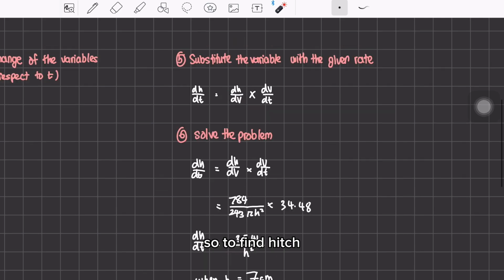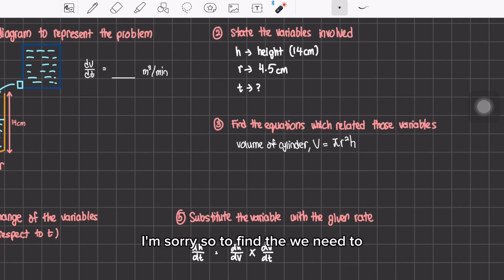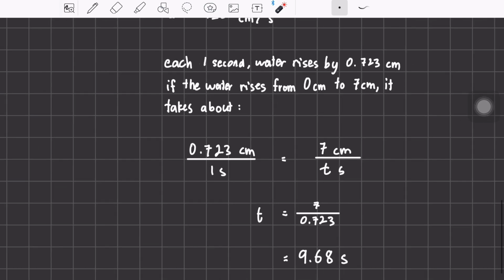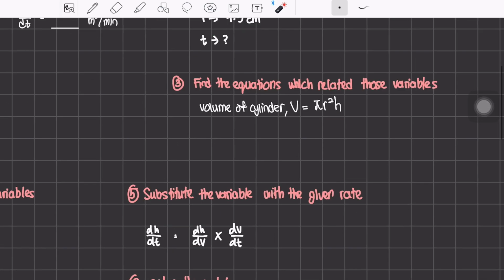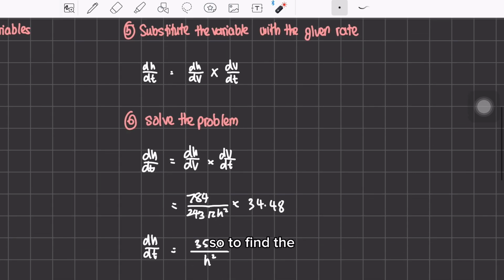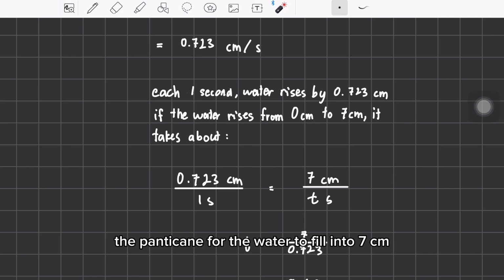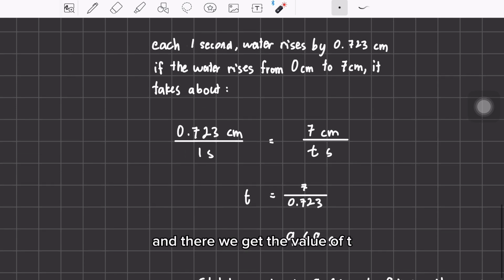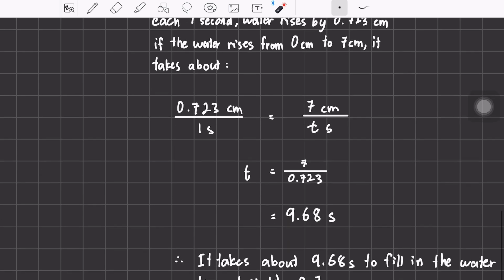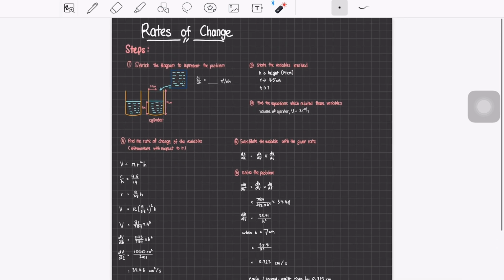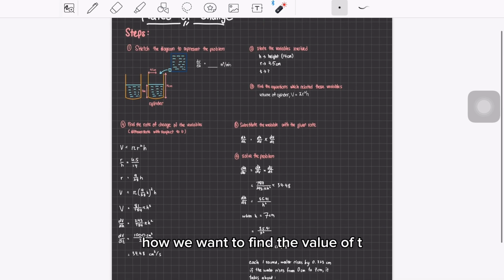So to find t, we need to ratio the 0.723 centimeters over 1 second to 7 centimeters over t seconds to find the value of t, the time taken for the water to fill into 7 centimeters. And then we get the value of t, which is 9.68 seconds. And that is the way how we want to find the value of